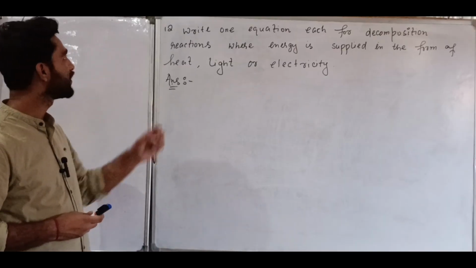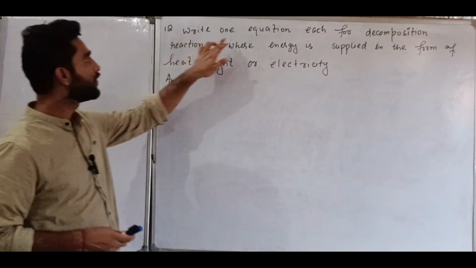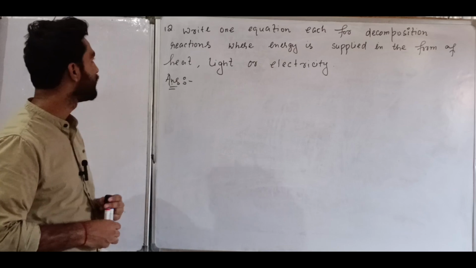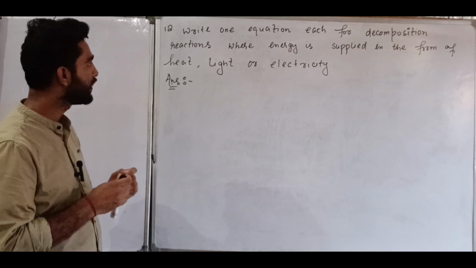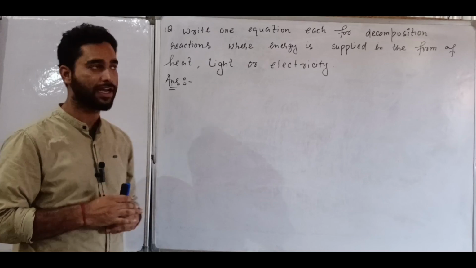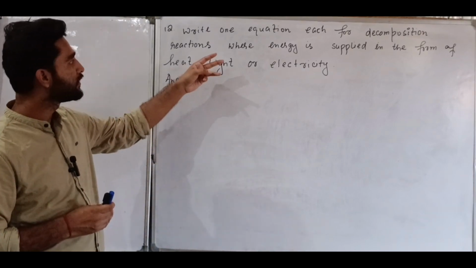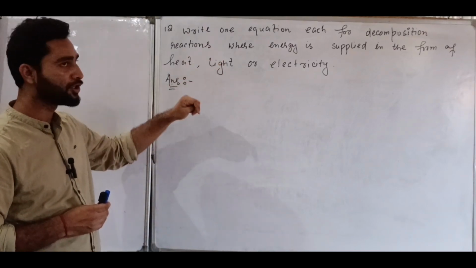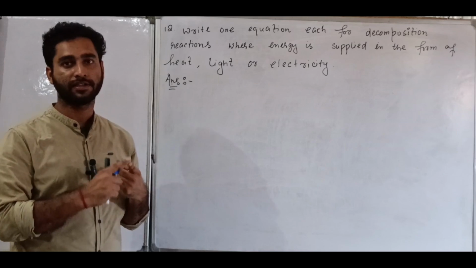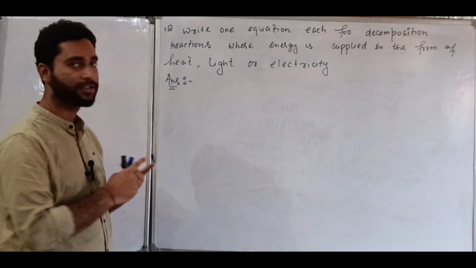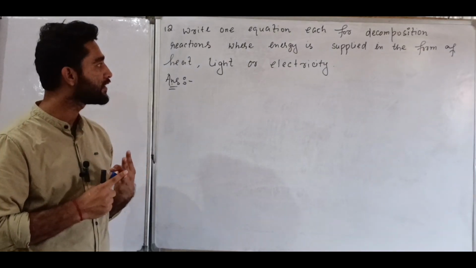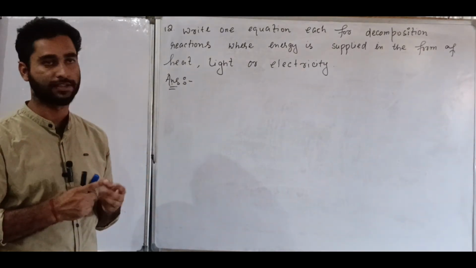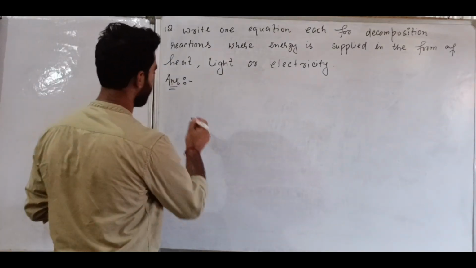Okay, now let's see question number 12. Write one equation each for decomposition reactions where energy is supplied in the form of heat, light or electricity. Means here we have to write three examples of decomposition reactions. In one case, the source of energy will be heat. In another case, the source of energy will be light. And in another case, the source of energy will be electricity. So,